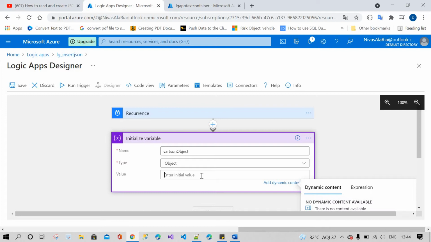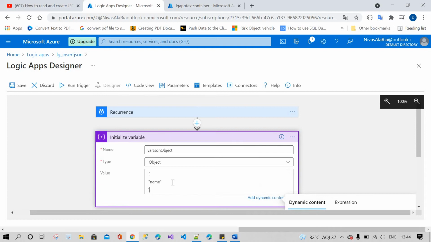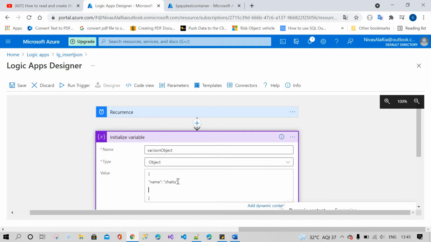So how to create an object? Within the object, I will create a JSON payload. I'm going to create properties like name, and colon, again name, my name is Chaitu, and again address, Hyderabad.